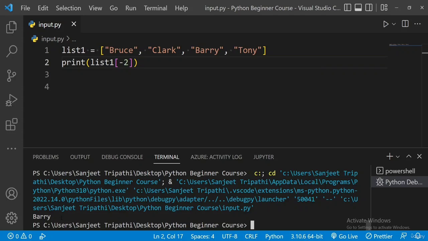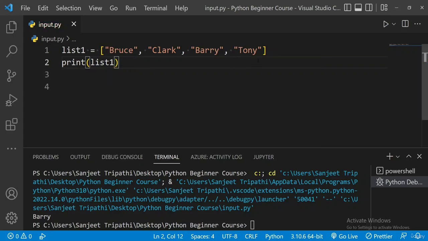So guys, these are the things that are very basic and very important about lists in Python. And list is the one thing that you are going to use a lot in Python, so you need to understand this concept very properly. Now one more thing that I really need to tell you about is this. Let's say